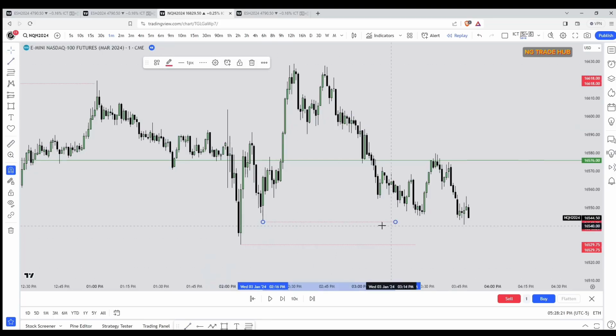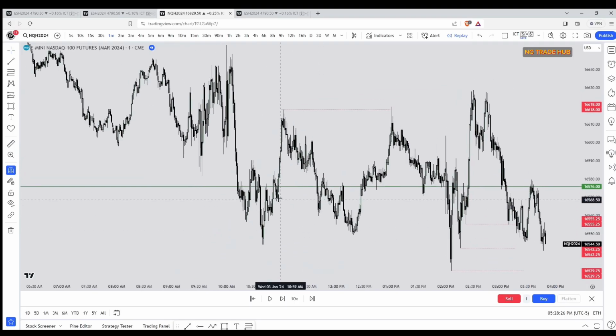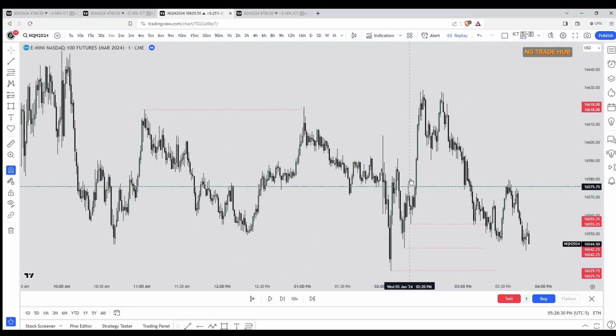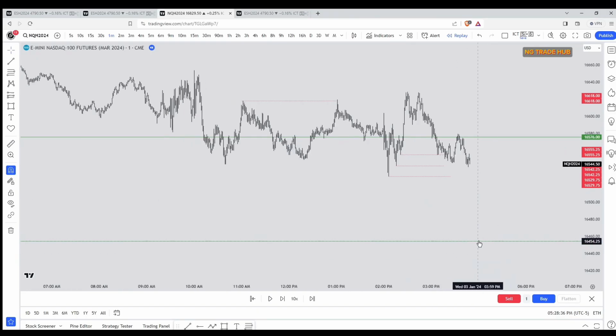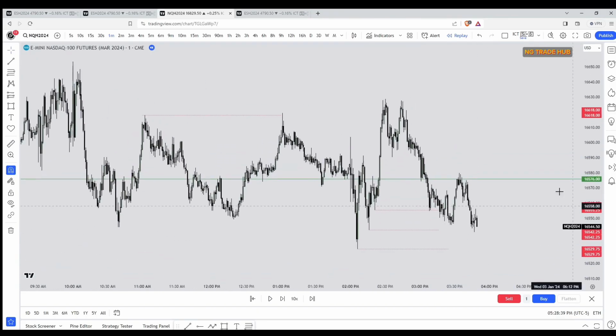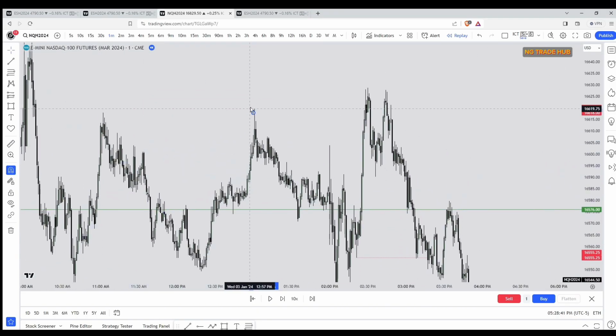So not only was it failing to reverse as soon as it took out the liquidity over here, it was just consolidating and continuing lower. Also, when it expanded back higher, it left the cluster of lows. So that was an indication that price was likely to expand lower and then also continue down to this sell side liquidity lower. When price returns back above this buy side,